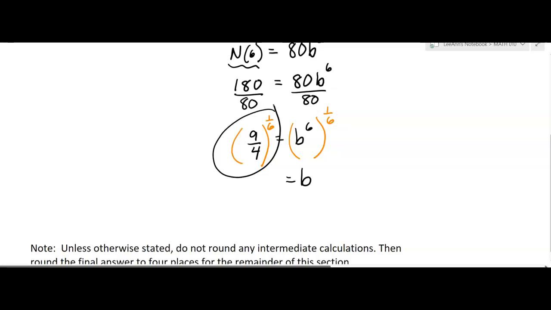So in my calculator, I'm going to go parenthesis 9 divided by 4, and then I'm going to raise that to the power of 1 divided by 6. So that's actually what I'm going to put in my calculator. Okay, and I'm getting, it's approximately